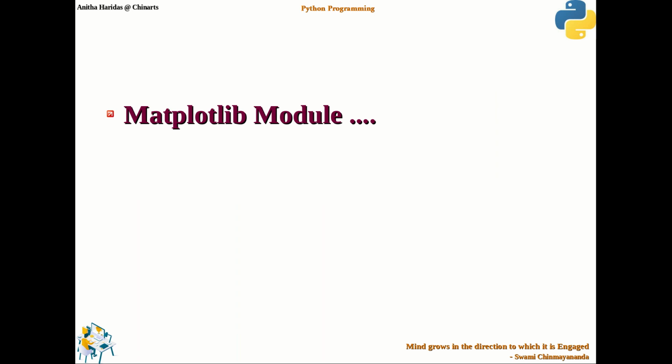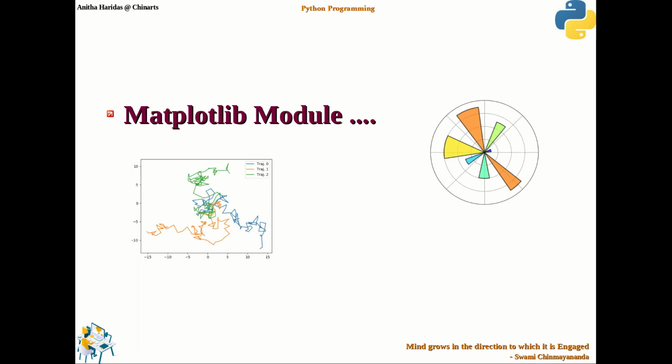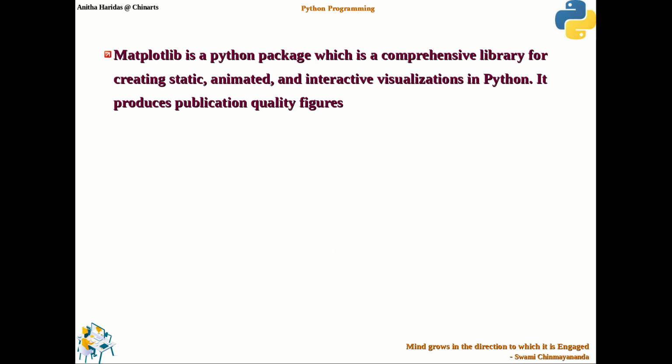Then, a very important thing in Python programming: the Matplotlib module is the one which helps in data visualization. So whenever you want to present some data, we can make use of the Matplotlib module. If you don't have the Matplotlib module in your system, you have to use the pip command, as we had used for all the other modules. Just say pip install matplotlib, or sometimes if you are using the pip3 version, then you have to give pip3 install matplotlib, right? So that's how you install the module.